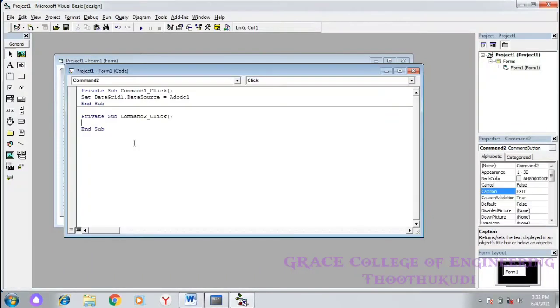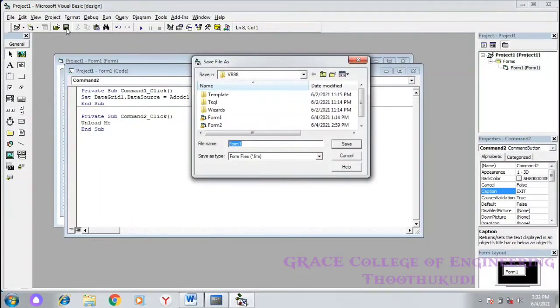Then click on the Exit command button. The code window will open. Here you write Unload Me or write End. After that, save the project.